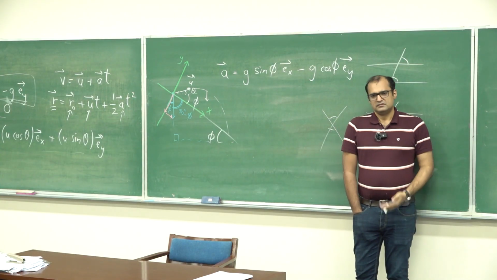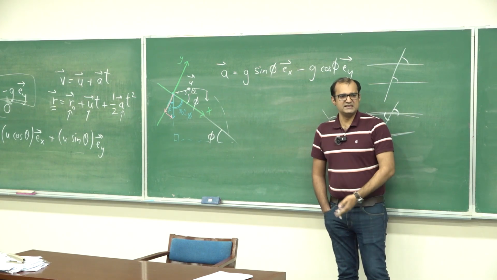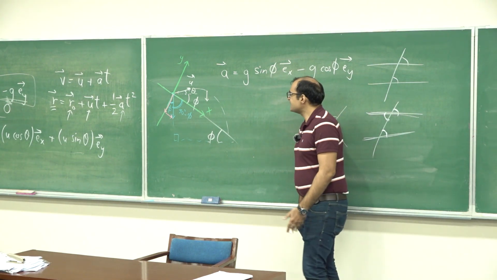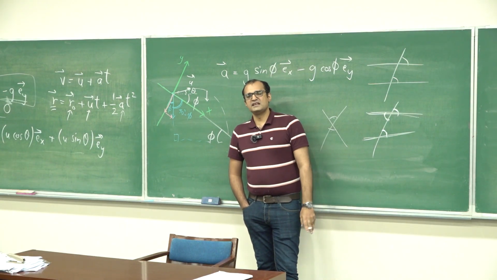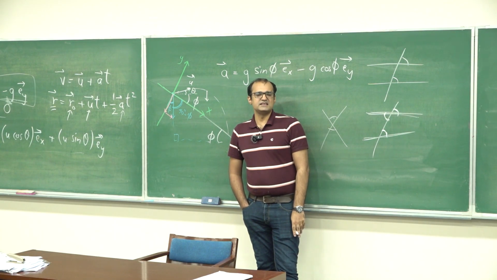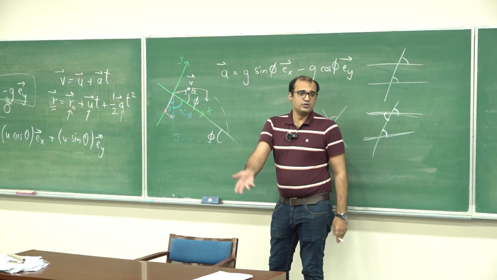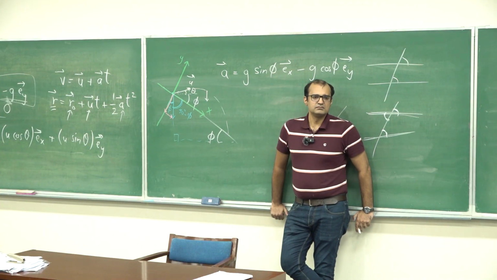That's the mathematician's way of doing it. Of course, me being lazy as I am, that's never how I'll do it. I'll just say, well, when phi is 0, the acceleration is minus g Ey, pointing down. So whatever result I get for non-zero phi should go back to minus g Ey when phi is 0.